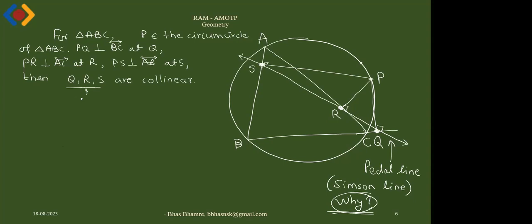Actually, we just need to show, and I may call it idea 1, which is a very typical and obvious idea that we use, to prove that angle PRS plus angle PRQ is a straight angle, that is 180 degrees. If we are able to do that, then we are done. Okay, and for that we use cyclic quadrilateral